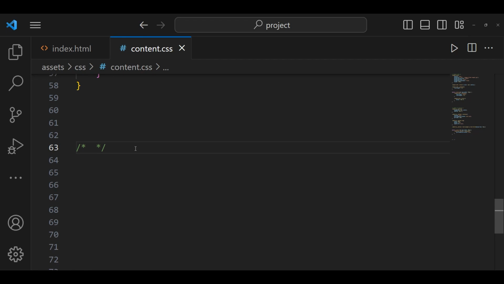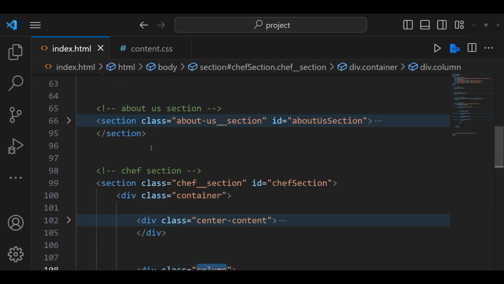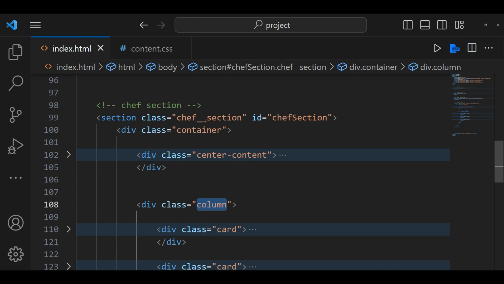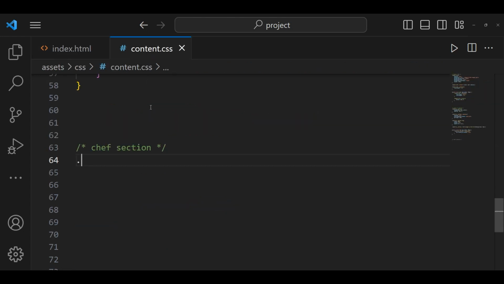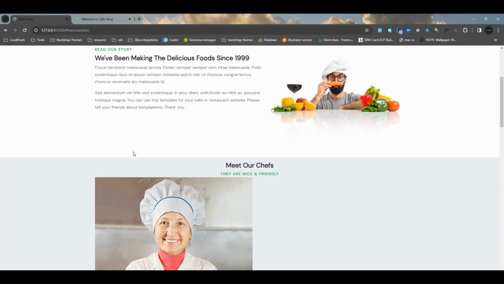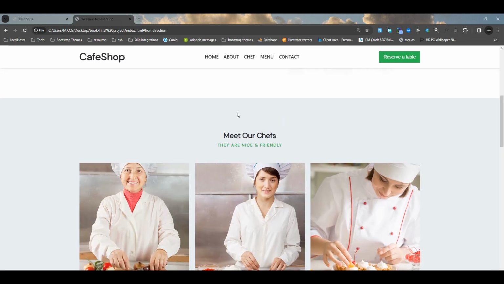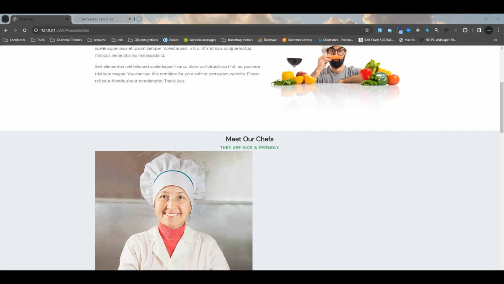So this is the chef section. Now, this thing is confusing me. The chef section has this class, so let me target it. The chef section, so this section is particularly the whole thing here. If you look at this one, you see that there is some space on top. It has some space on top, but ours doesn't. So to get that, we have to give it